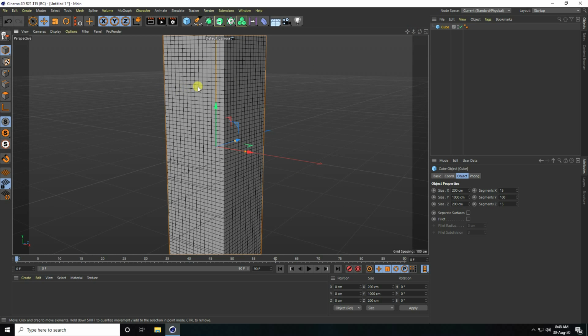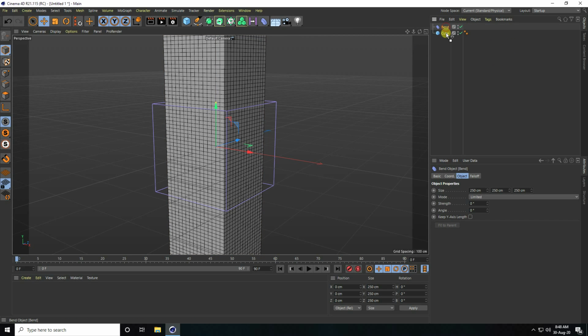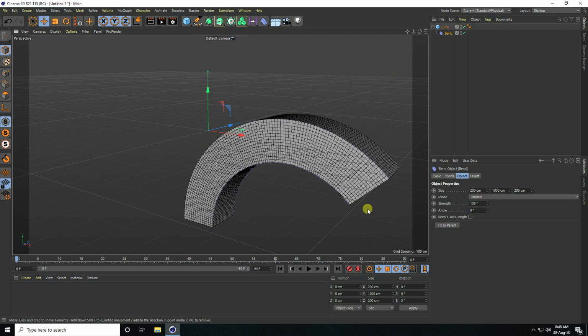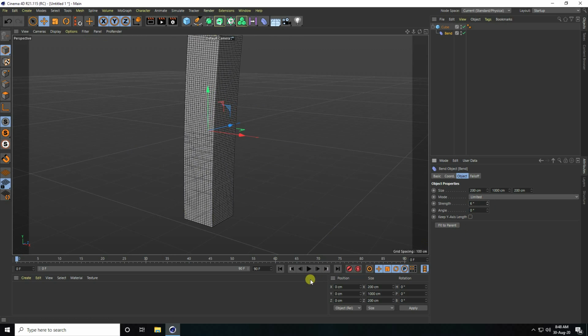And now guys, I create a bend animation and a second one, rotation, actually twist. So I use bend: select this bend and make it a child of the curve. Select this bend and fit to parent, check, and increase strength like this. See guys, that's my simple animation, right? Okay, so guys, I increase frames to like 520 and create full.